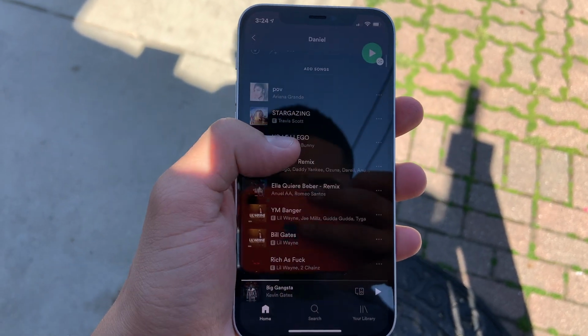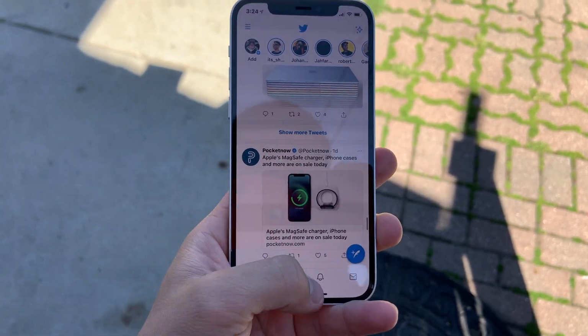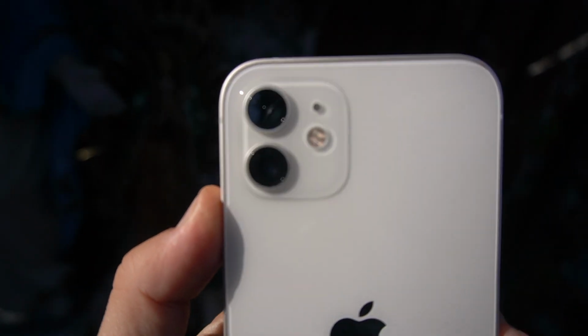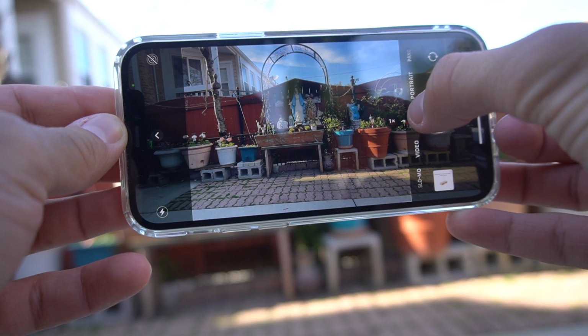But 4 and 6 are so close to each other that you won't notice the difference, especially if you're a light user. You will not tell the difference between using either one. So like I said, another key difference is that with the regular 12 model, you're not getting the telephoto this time. Only on the Pro model are you getting a telephoto. But if you're not a person who really uses the telephoto lens, then you don't really need the 12 Pro